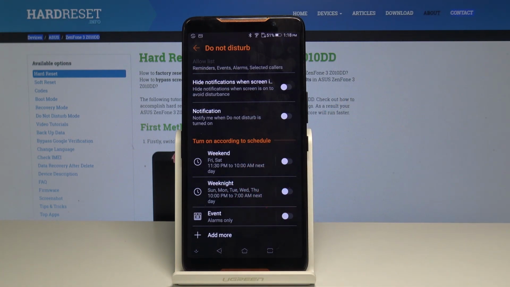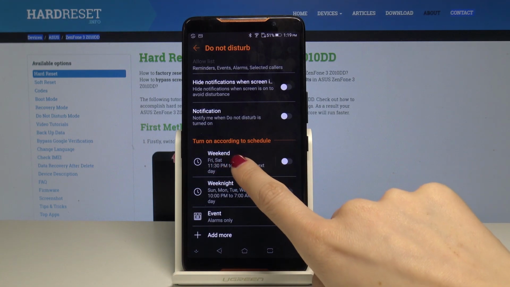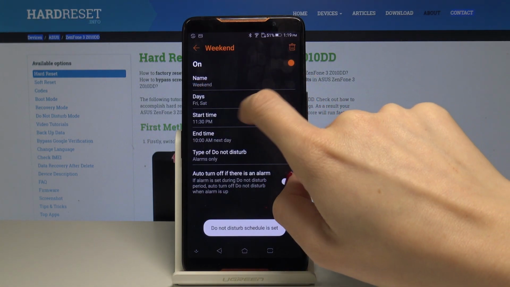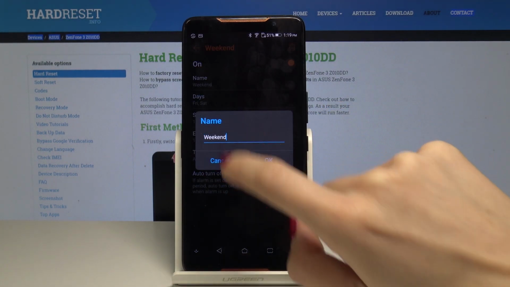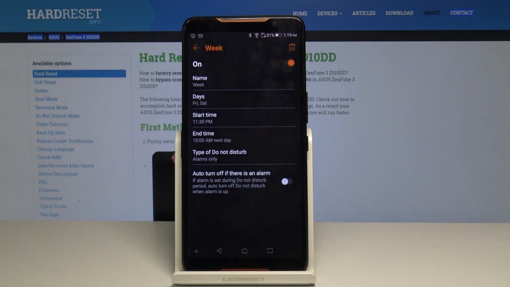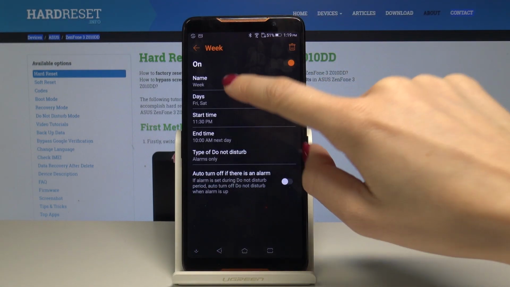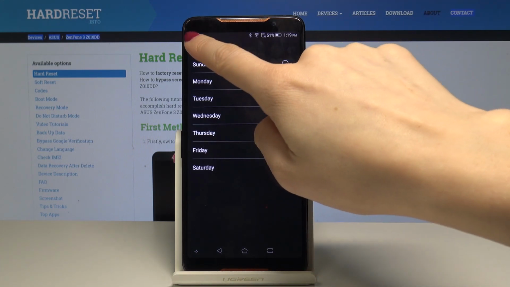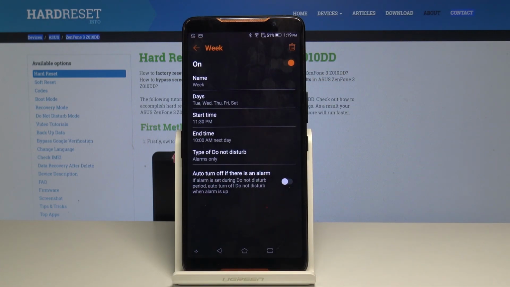So for example, if you would like to have DND mode active on some particular regular events, just tap on, for example, weekend, this rule. You can name this rule as you want to, so just tap on to activate it. Then you can change the name, tap on OK once the change is made, then select the days on which this rule should be activated. Go back. Now it's active from Tuesday to Saturday, and then select the start